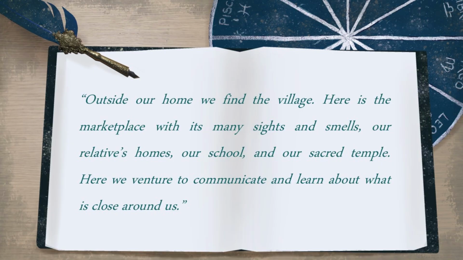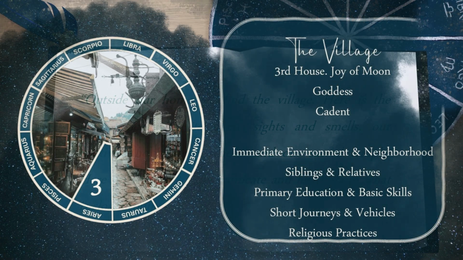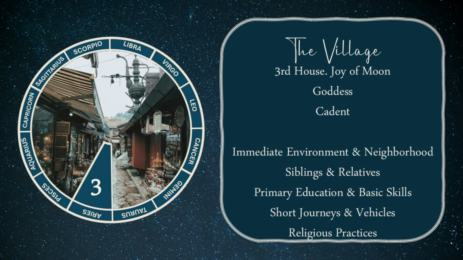It is the house of the immediate environment, that which we are most familiar with. It is all those things that lie within close proximity, outside our own home. The people that are oftentimes associated with this house are our own relatives, but also our neighbors in general. Everyone we can meet on a daily basis when we leave our house. Kindergarten and primary school teachers also belong into this category.